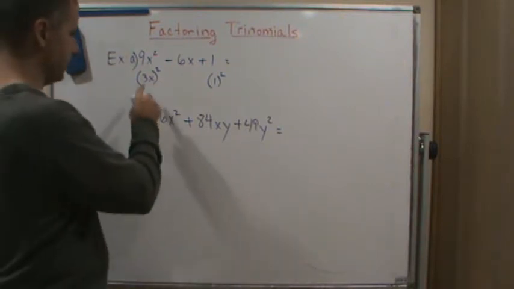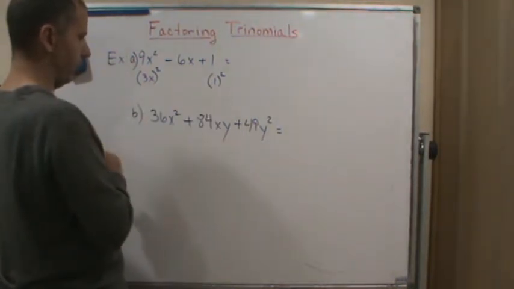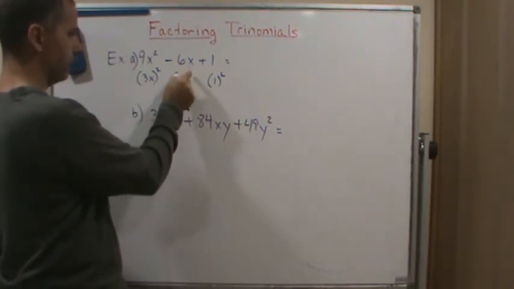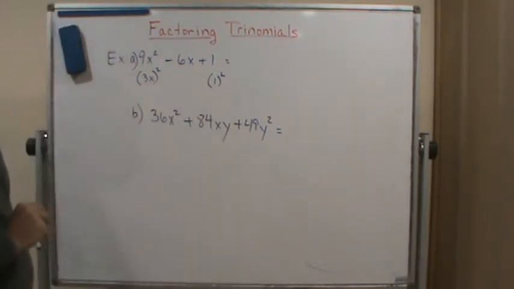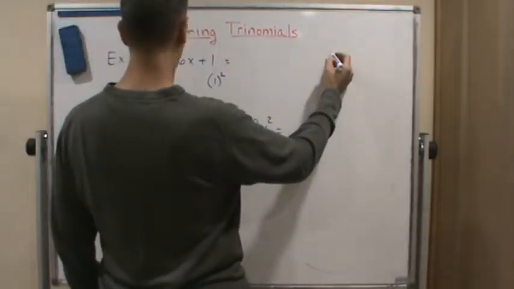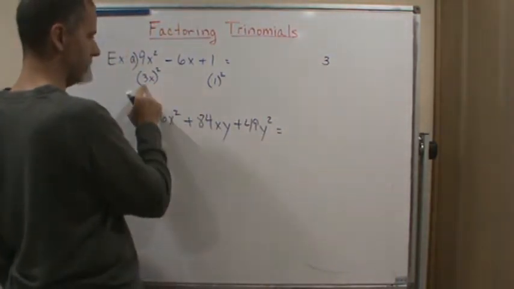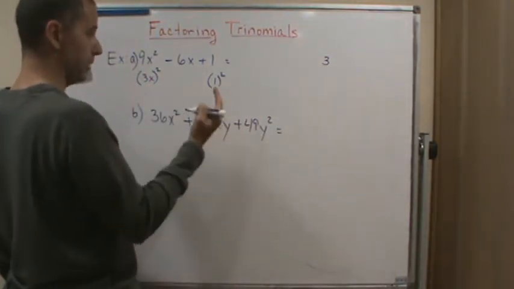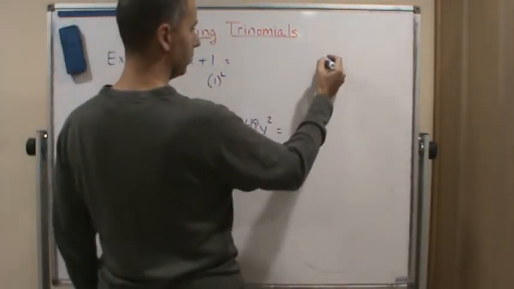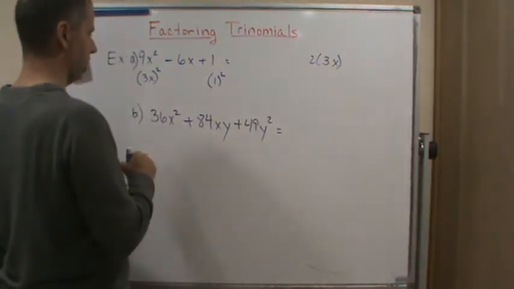So if you take these two, 3x and 1, right, and you multiply them and double it, you get the middle term. So remember, to get the middle term, you take the two factors here and multiply them and double it. So you get 3x, right, times 2. Okay, and in fact,